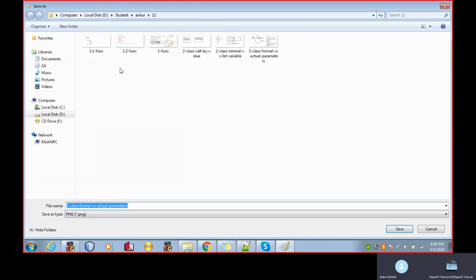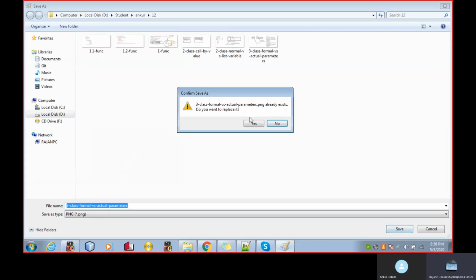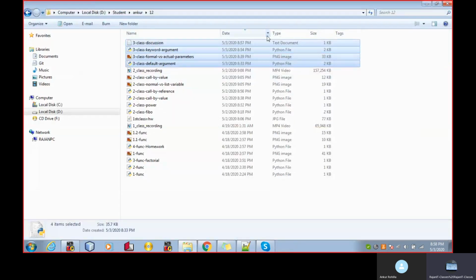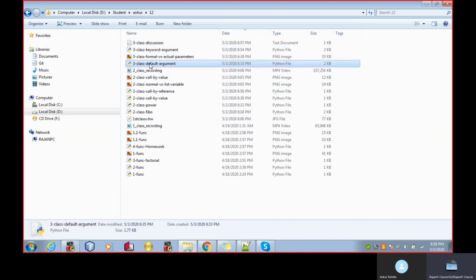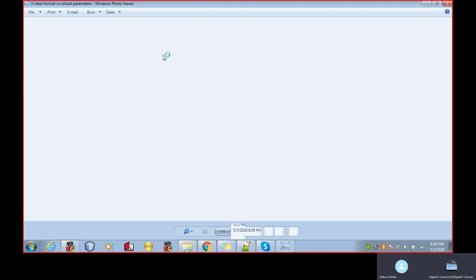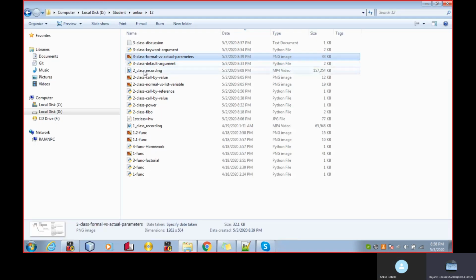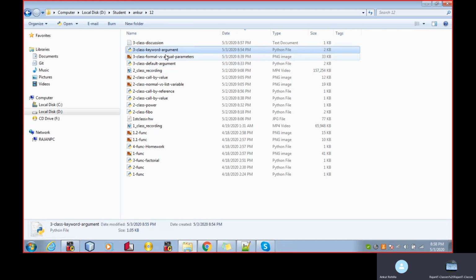So let me save. Three class versus Ankur 12 folder. Here it is. Formal versus actual parameters, and it contains the difference between call by value and call by reference as well. Default argument, keyword argument.